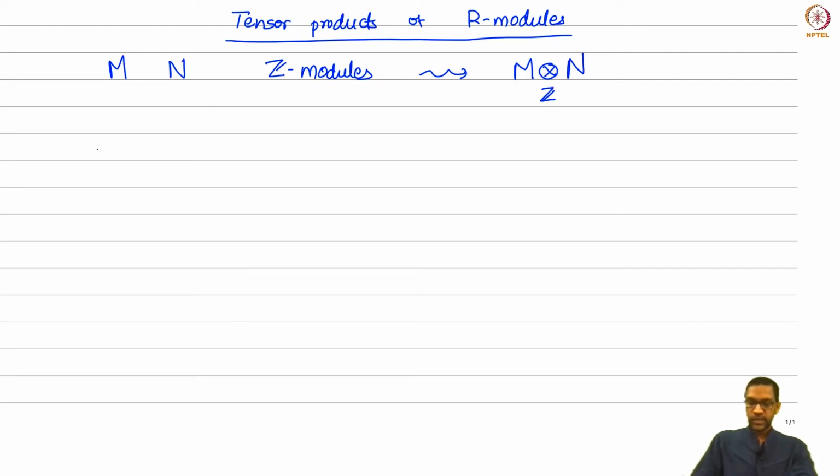Now to do this, I need to recall briefly the notion of a right module as well, because that will enter the definition. So what is a right R module? We know what a left R module is. To recall, a right R module can be thought of as the following: a right R module is an abelian group M